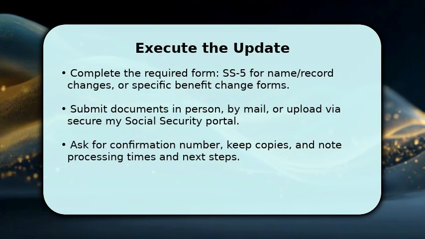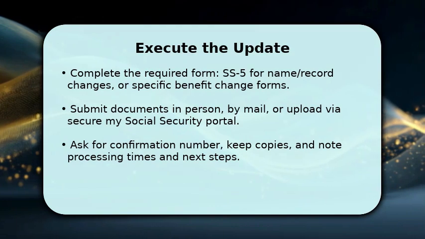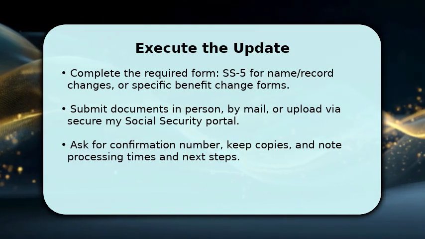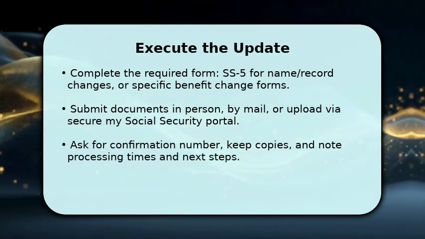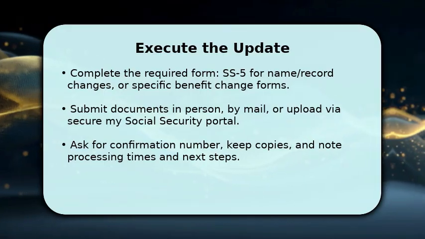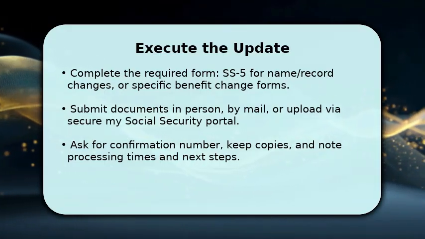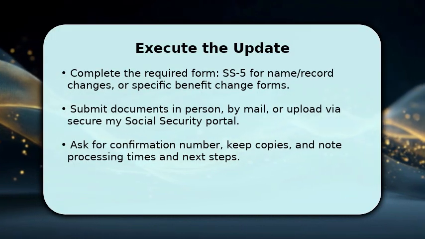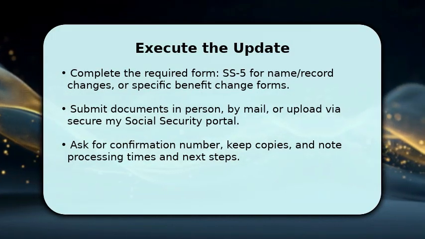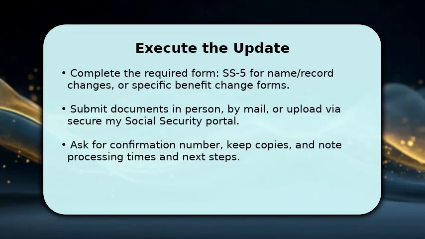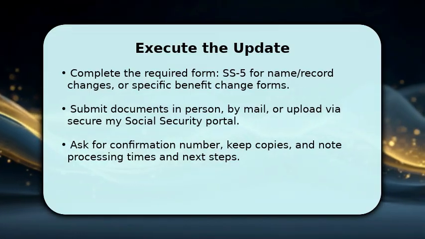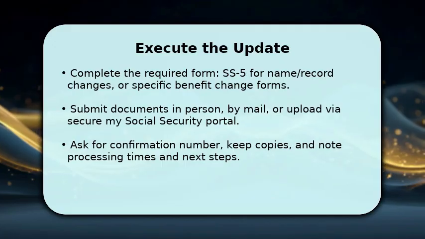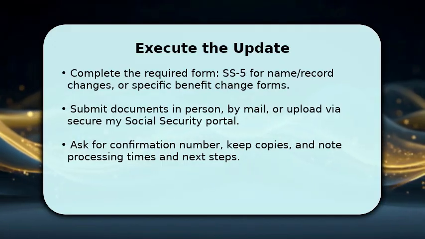You now perform the core actions. Fill out the appropriate form, such as SS5 for name or record changes, and attach certified copies of supporting documents. Then submit them through the secure portal, by certified mail, or at your local office. Choose in person if identity needs verification. While submitting, request a confirmation number and estimate of processing time, because that proof lets you follow up promptly and